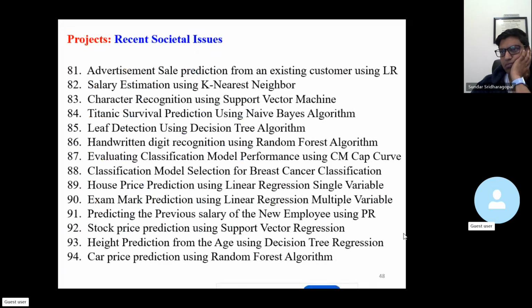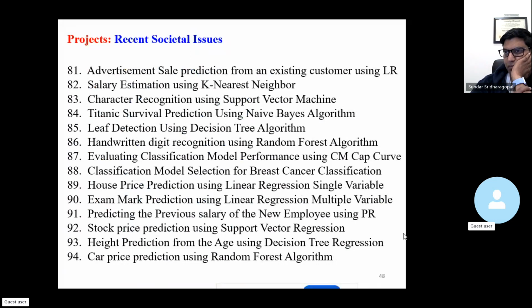support vector machine, Titanic survival prediction using naive Bayes classification, leaf detection using decision tree algorithm, handwritten digit recognition using random forest algorithm, evaluating classification model performance using CAP curve, classification model selection for breast cancer classification, house price prediction using linear regression, single variable, exam mark prediction using linear regression, multiple variable, predicting the previous salary of the new